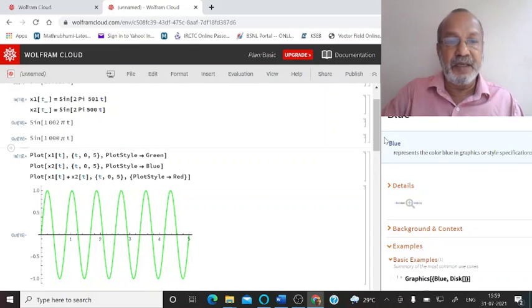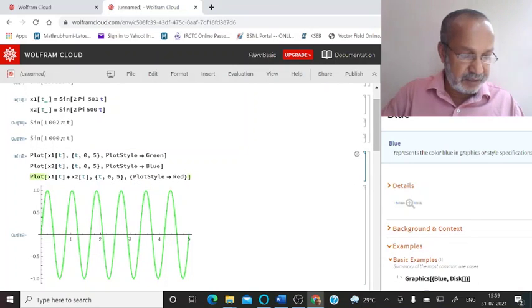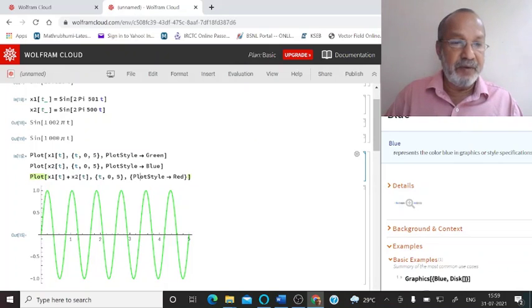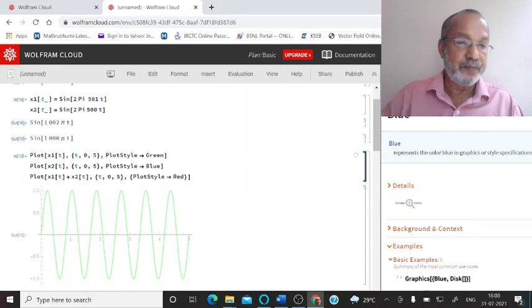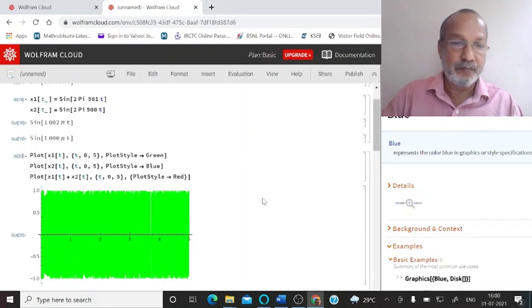It will consider these two new functions, and again if I press shift and enter on the 3 statements following that, then we will get the graph of those functions. Shift enter. You can see it here.